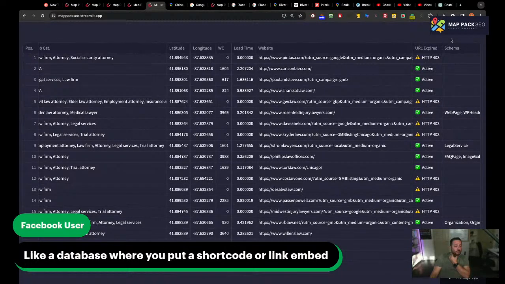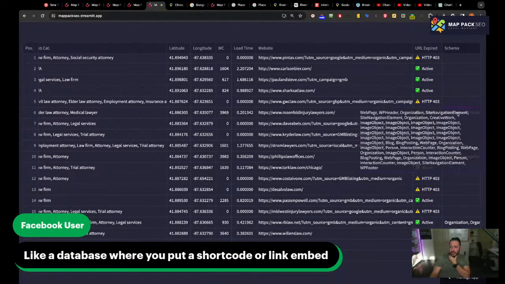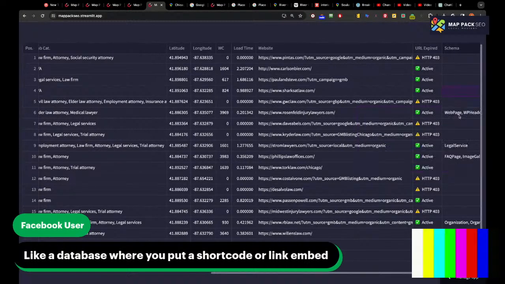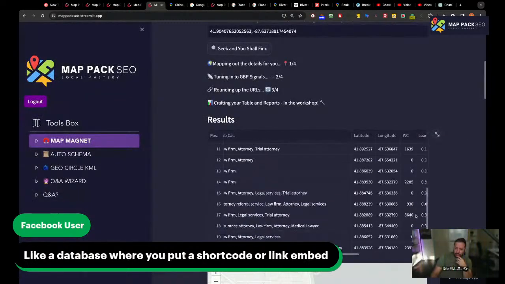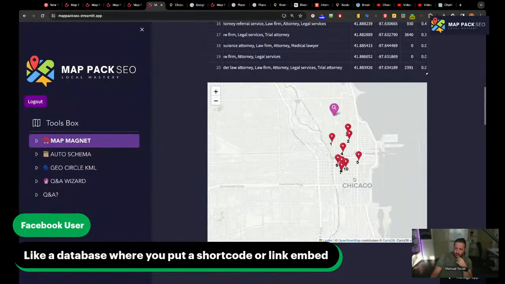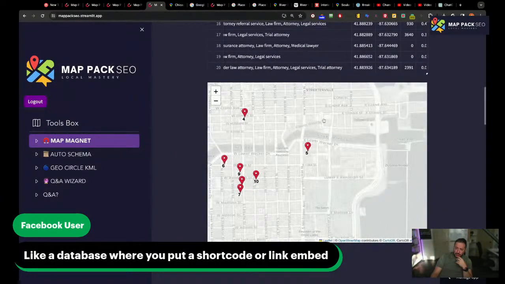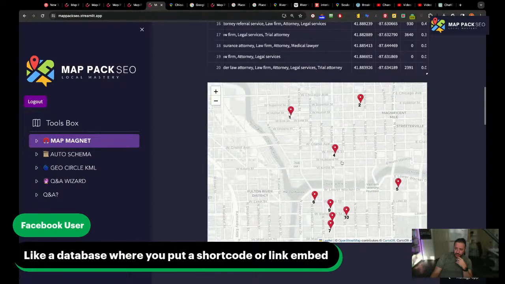And then the last one would be the schema. It's going to list all the schema that you have. Now, sometimes it has a lot of schemas, so you can't really list them all, and I'll show you how I organize it right here. If you scroll down, this is a map, this is some visuals. It's the same information up here, but I give you some visuals.